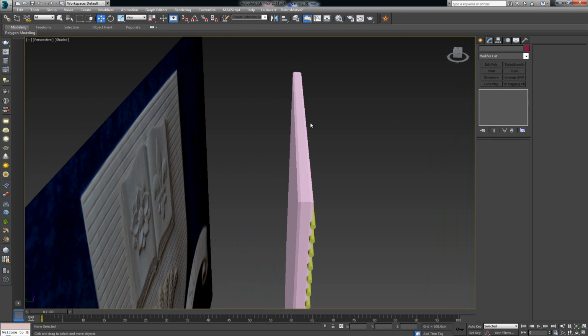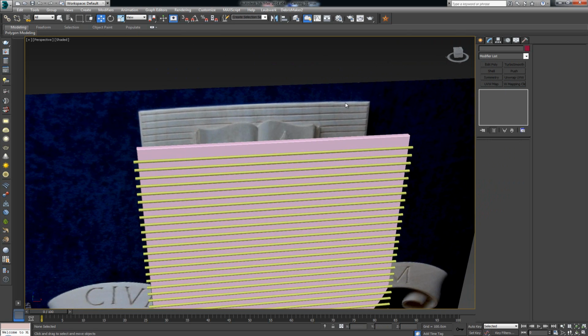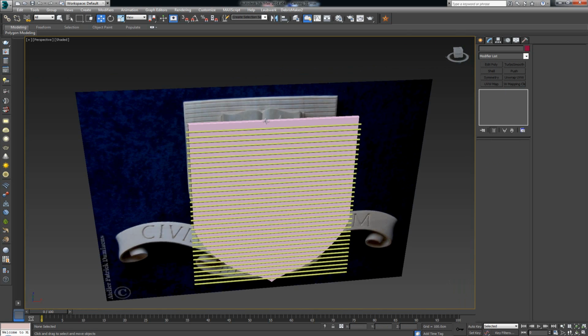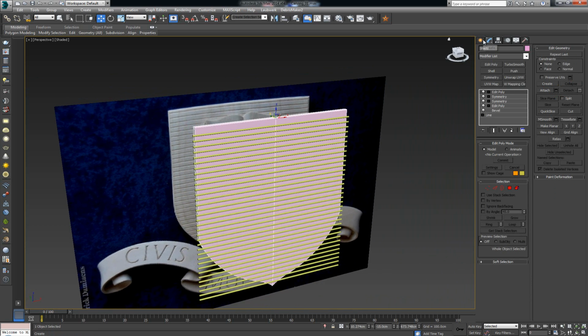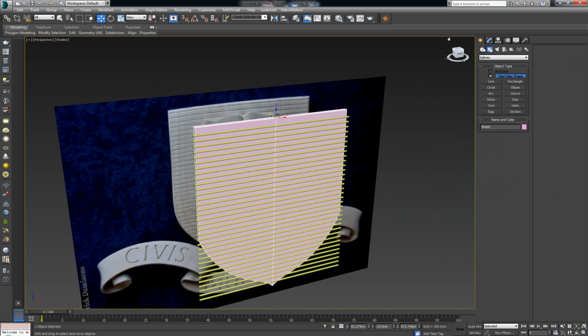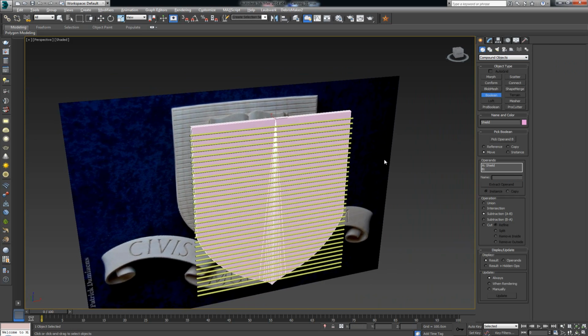Exactly what I needed. So now I have that bevel on the back side as well. This is not going to be visible, but it's a good thing to have it there. All right, so now I'm going to go back to the create. In the geometry, I'm going to choose compound objects and choose Boolean. Or I can just use either Boolean or pro Boolean, doesn't really matter. I'm going to click Boolean, and